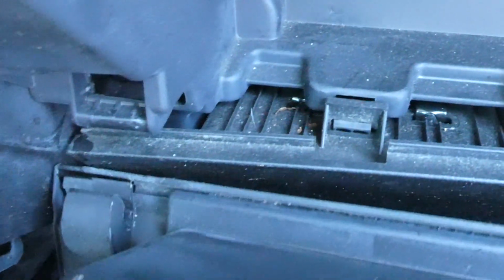Okay, she's all loose, and once it's loose like that, look at that, it comes right off the glove box. Let's see, it's got a couple of hooks on both sides, and you can see where the hooks go in there and over there. Okay, so we got the glove box out of the way,